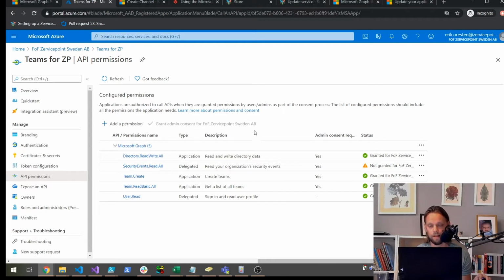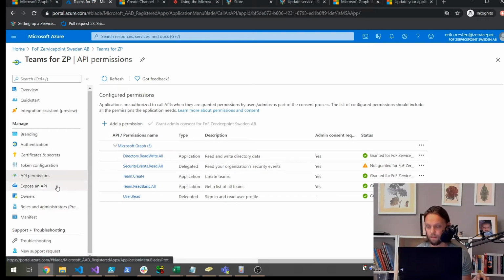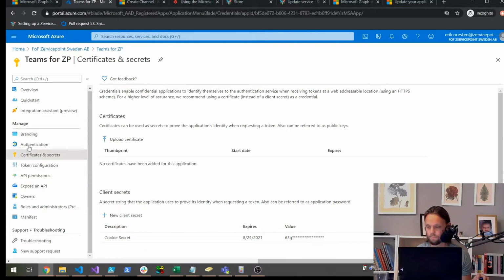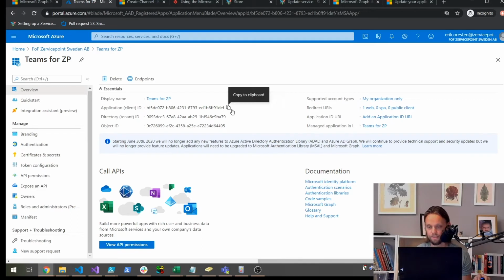If you're an admin, like a global admin, you can just click here to grant all the permissions immediately. Otherwise, you would ask a global administrator to grant these permissions. Okay, so we took the secret from here, and we took the application ID from here. We also need to take our tenant name. In our case, it's ServicePoint